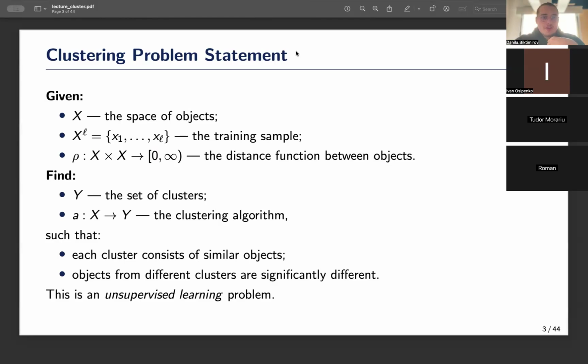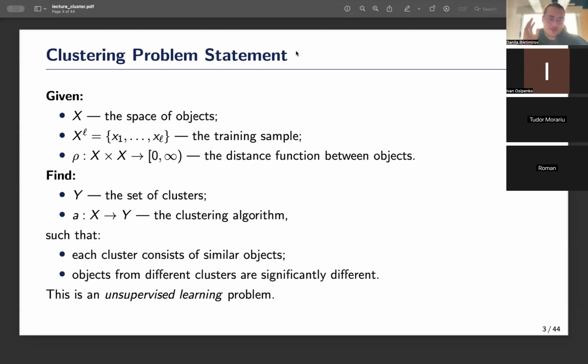Each object x in X^L is assigned a cluster label y. So we have only x's, and we want to give them new labels y, with the same distance. A clustering algorithm is a function